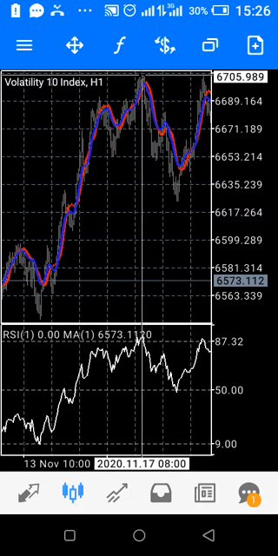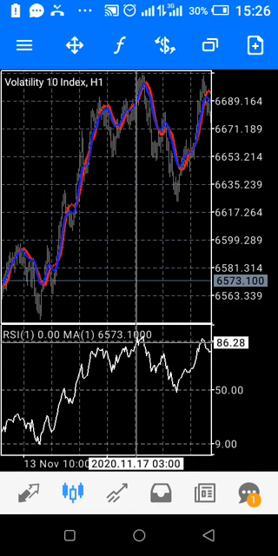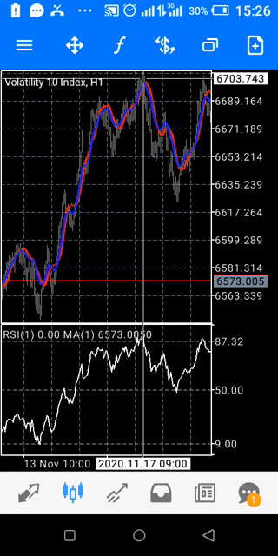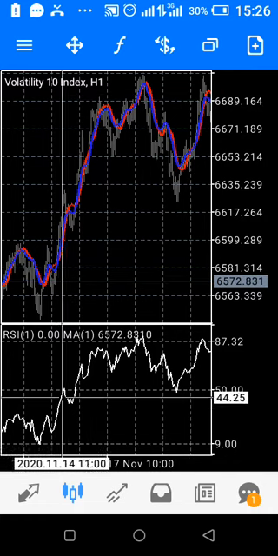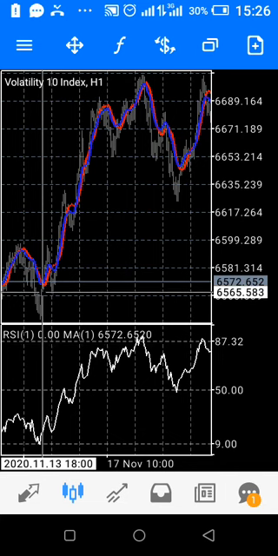You can see at this point, this one too is telling us that it is overbought, and they already cut, the blue moving average cut the red moving average. Again, when it is at the oversold, the blue cuts the red moving average upward. For a sell, it will cut downward. If it cuts upward, that is a strong buy. If it cuts downward, that is a strong sell.